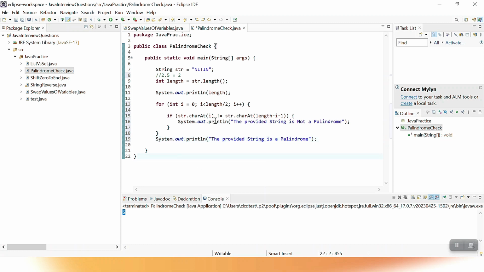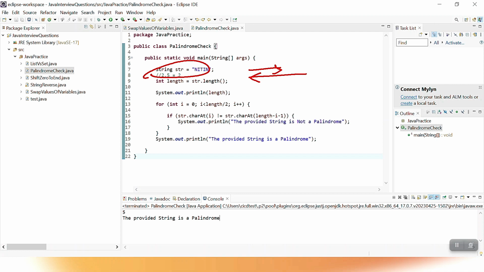So now, guys, let's check if it is working correctly or not. The provided string is a palindrome. ध्यान से समझना गाइस क्या हो रहा है, ये स्ट्रिंग लिया है हमने नितिन, अब ये सीधा उल्टा एक समान है और इस स्ट्रिंग की जो लेंथ है वो हमने इस लेंथ वेरिएबल में स्टोर करा ली है, which is 5. Now we have started one for loop जो चलेगा कहां तक, length divided by 2, which will be 2